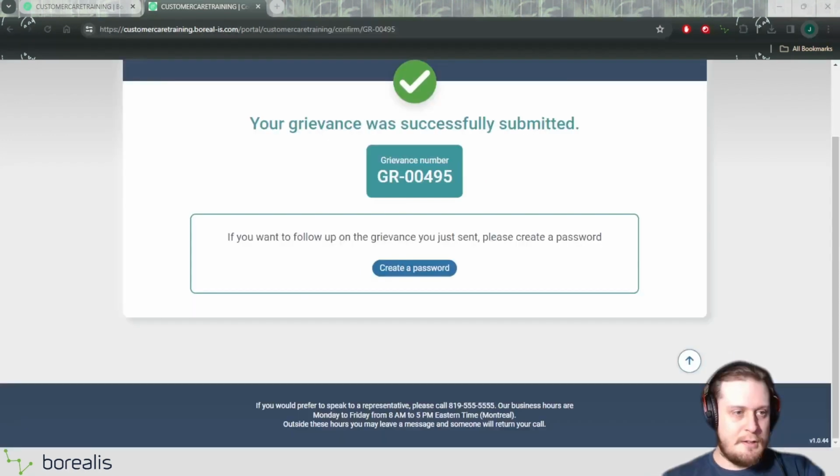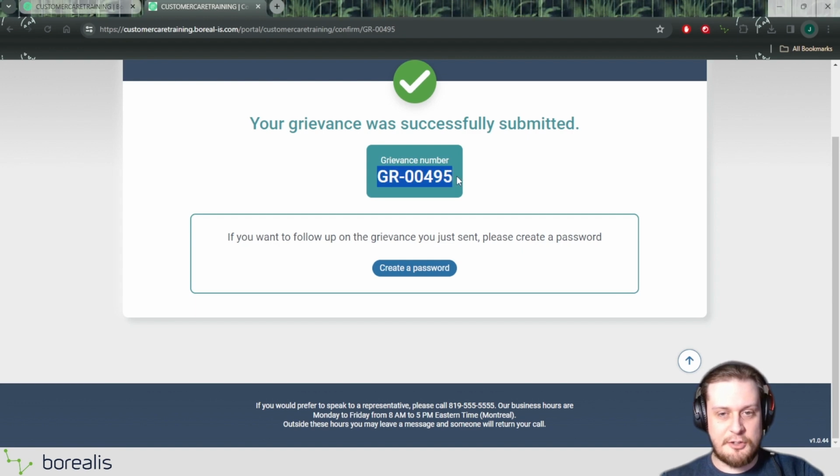the portal. Now, I will get notifications because I did submit my email, but if I do want to be able to log back into the portal and access my case to see the status of it, to see follow-ups of it and such, I can. And what I would need to do as the stakeholder to make sure to let your stakeholders know that may be submitting cases to you is they just need to grab this number here and to create a password in order to do that. So let's do that real quick here, and then we'll go ahead and check what happened